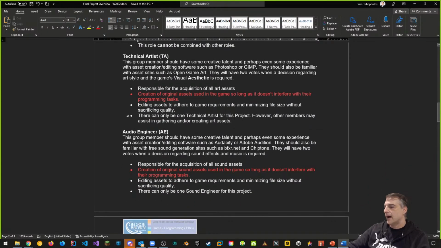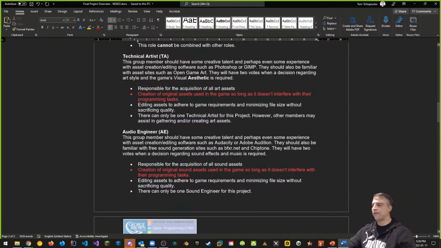Again, you can either create or acquire assets for your game. Again, a creation of original assets. I'm going to do some stuff with Blender this semester and so on, so there might be an opportunity for you to create assets for your game. Obviously, it's going to look more authentic, more realistic if it's yours compared to if you download assets from somewhere else, because otherwise it'll be just someone else's assets. So if you want to use it as your own portfolio piece, then it'd be great to create them. But if you can't, if you don't have somebody who's capable, or there's no one who's got that knack, or they're not interested, then I'm not going to hold you to it.